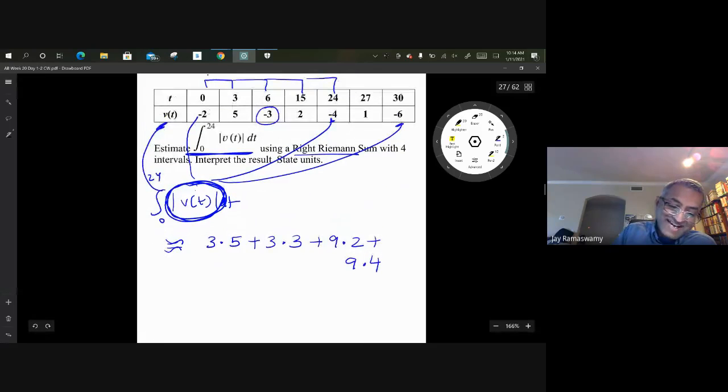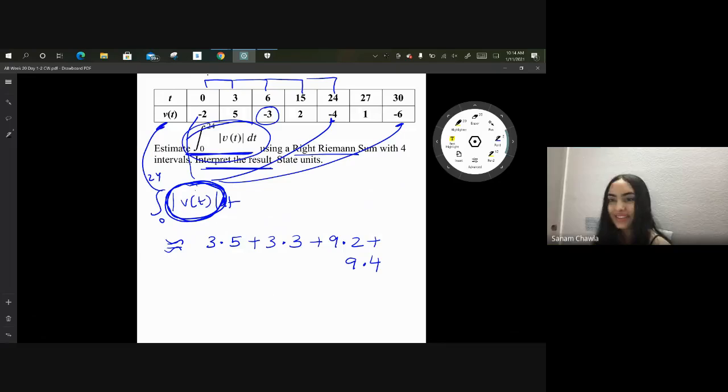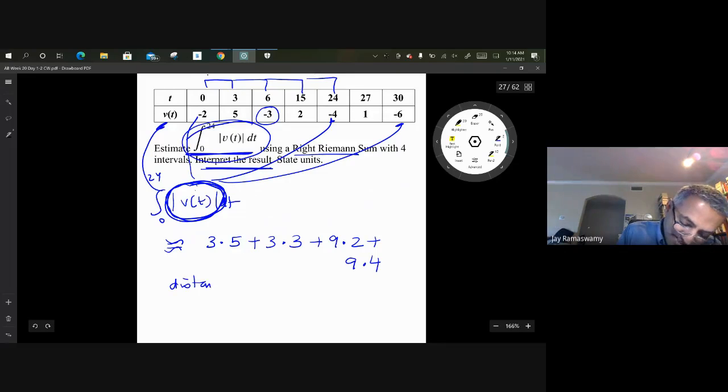Oh, it says interpret your result. We discussed this earlier, 20 minutes ago. Who remembers what that expression reminds you of? Displacement. Distance, yeah. Thank you. Write this down. You have to memorize your notes. Distance traveled by the object